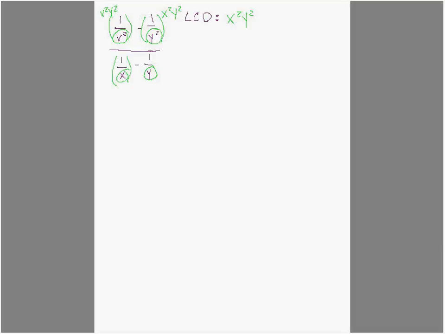So we're multiplying each term by x squared, y squared. Okay, change colors again. So when we do this, we want to do some cancellation. Here, the x squared can cancel, and on that first term we're left with y squared. Okay, for our negative, on the second term, the y squareds cancel, and we're left with x squared.